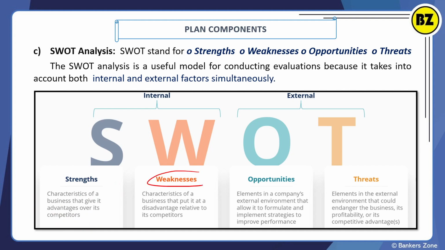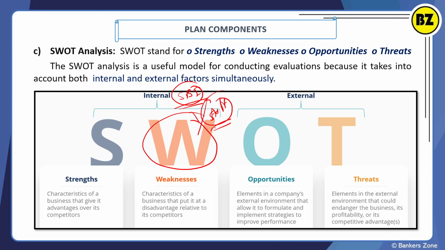Now what are the weaknesses? Weaknesses means what are the weaknesses of a company. For example, these are basically the characteristics of the business that put it at a disadvantage relative to its competitor. For example, what are the weaknesses for the SBI? Okay, reputation, right? You are very much aware, there are a lot of memes on the SBI, so that can be a weakness for SBI. Okay, SBI is having the highest staff, right? So managing that much staff is also one of the weaknesses in the market. Okay, so weaknesses means the negative points the business is having, right?